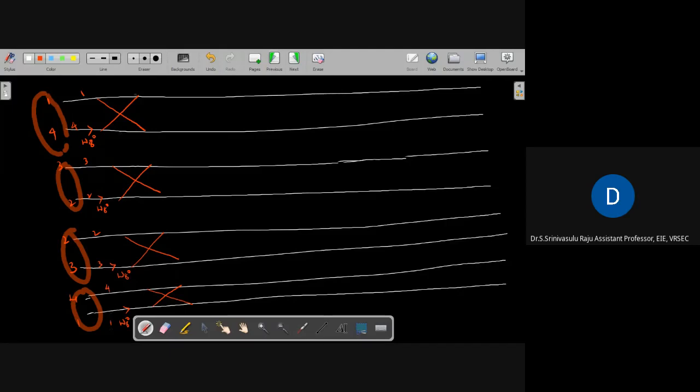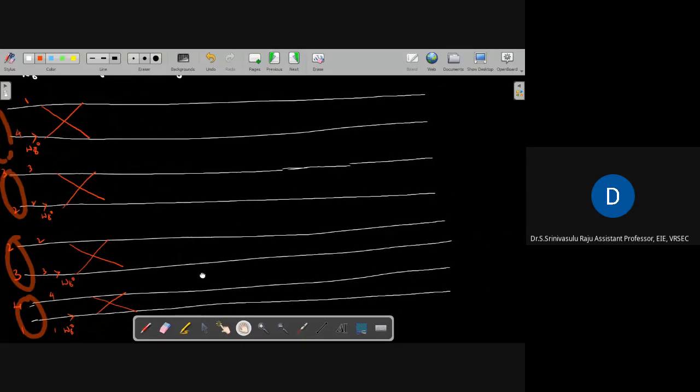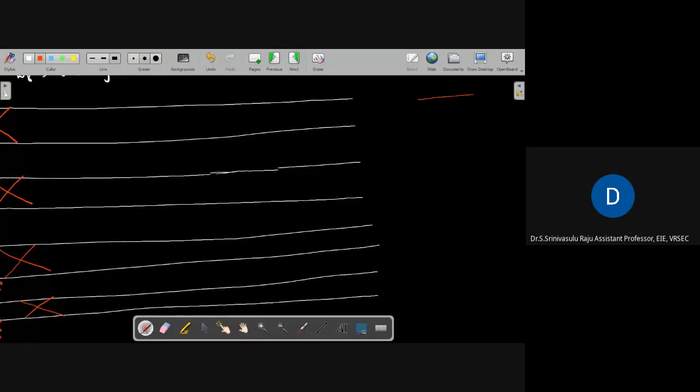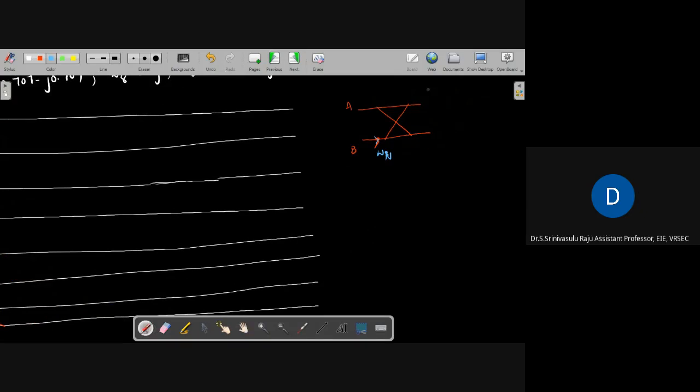We know the butterfly structure, right? Once again, I am drawing the butterfly structure here. This is the butterfly structure. We have A and B, and B is multiplied with the twiddle factor, for example Wn. Now, what is the value here? The value here is A plus Wn into B, so here we have positive 1. Here we have A minus Wn into B, so here we have minus 1.